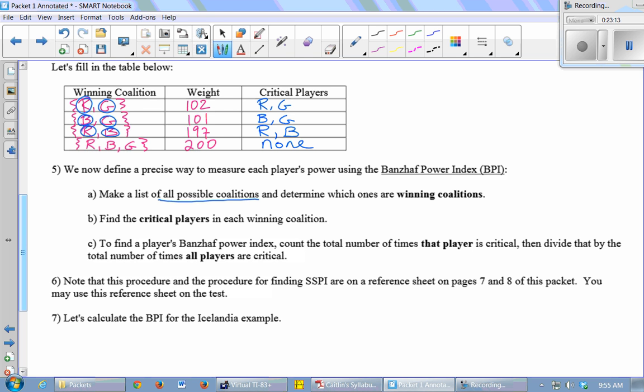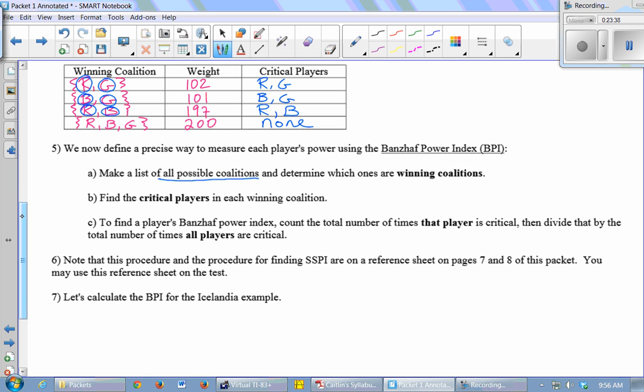Find the critical players in each coalition. Did that. And then to find the Banzhaf power index, count the total number of times each player is critical. Then divide by the total number of times all players are critical. So it's very much like Shapley-Shubik, right? How many times did you circle each player? Divide by the total number of circles. So if I calculate my power index